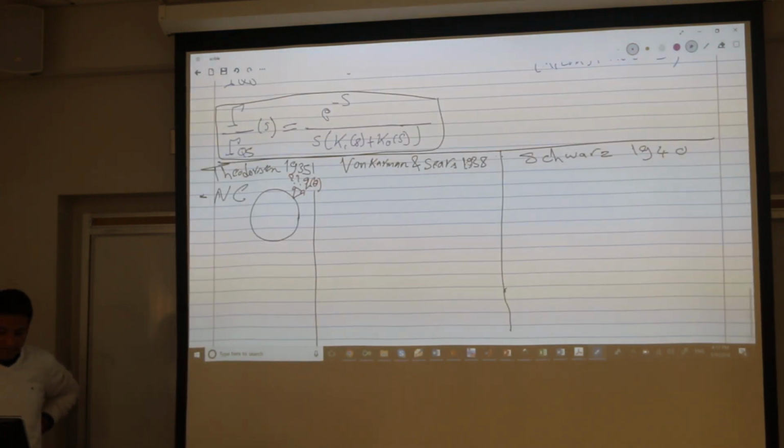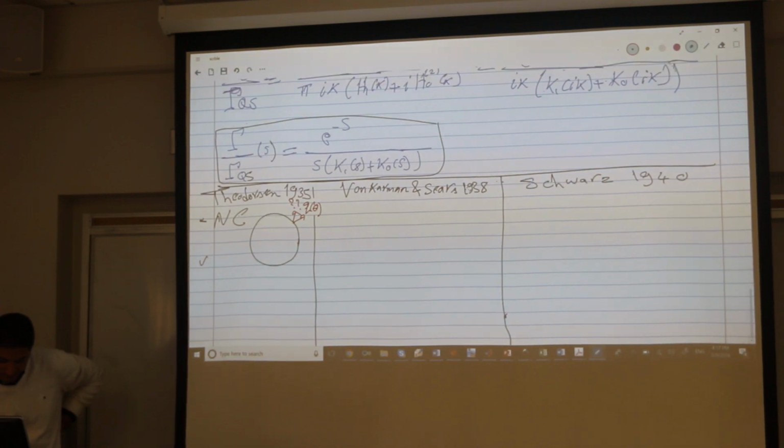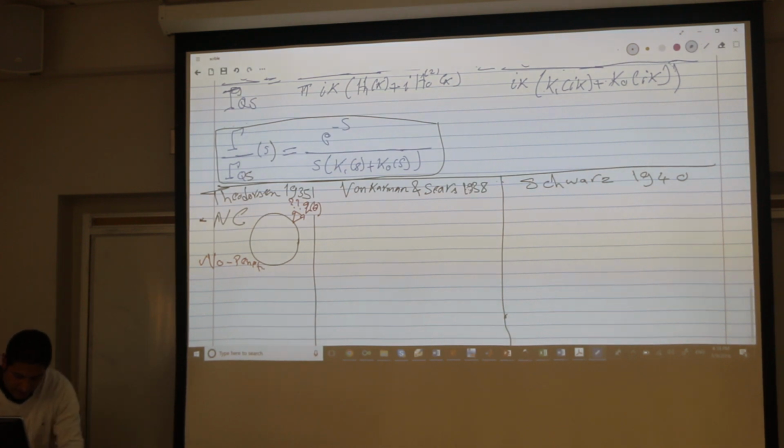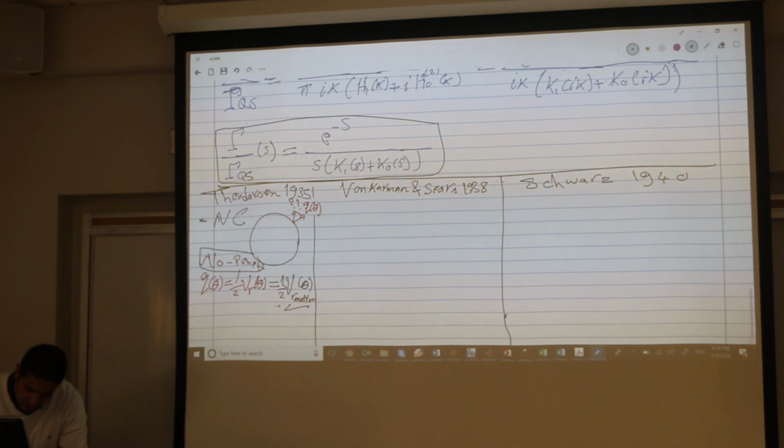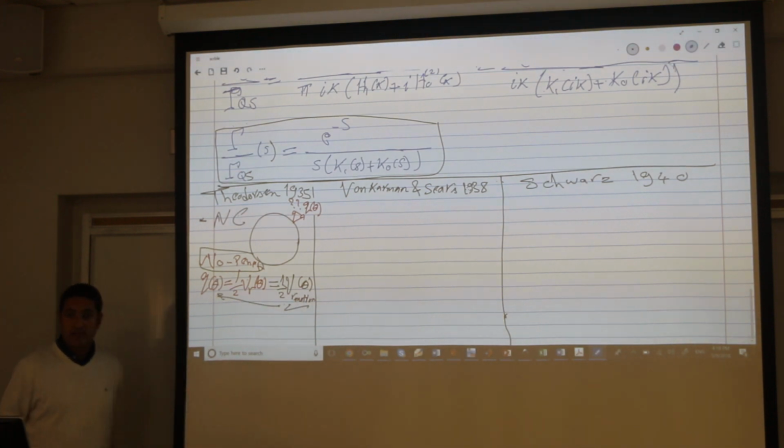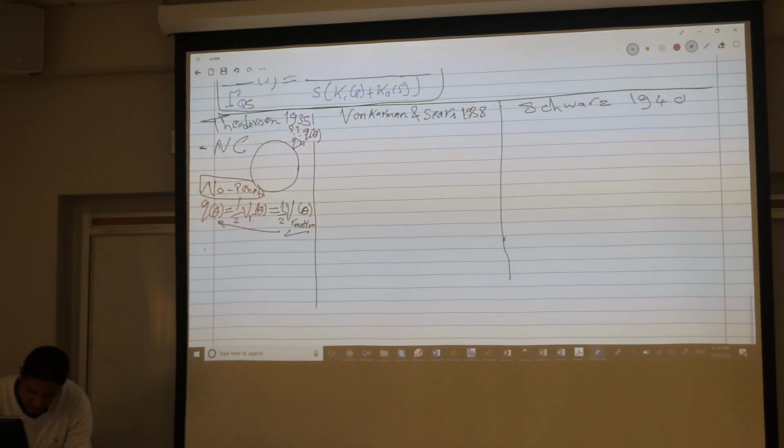No penetration. Yep, it's the no-penetration boundary condition. The no penetration gives Q; we proved that it's one half of the radial velocity at any theta. The no penetration is the equality that the radial velocity is the radial velocity due to motion. Because of this, you can immediately get your Q. Once we get Q, then we have the Bernoulli equation, and of course I mean the unsteady Bernoulli. The Bernoulli gives you the non-circulatory lift as a function of time, which is negative